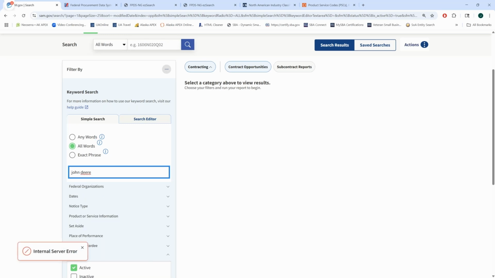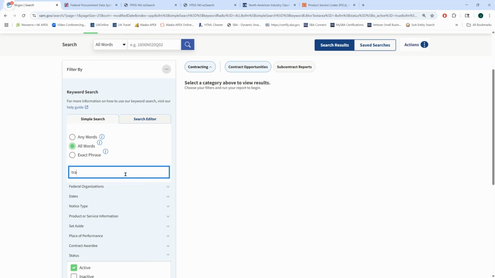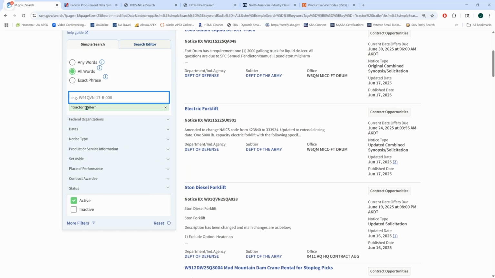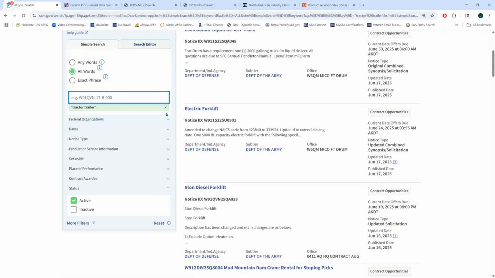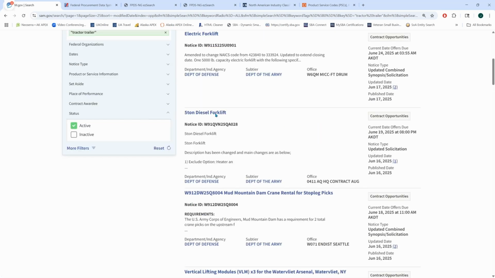So we can see, obviously, it's not finding it. We can sometimes put it in quotes ourselves if we're looking for combinations. Every now and then that's successful. Tractor trailer, maybe try with a dash. So please don't worry about breaking or not having search results because we just remove that search term and we start over. So here we can start to see we're getting into that electric